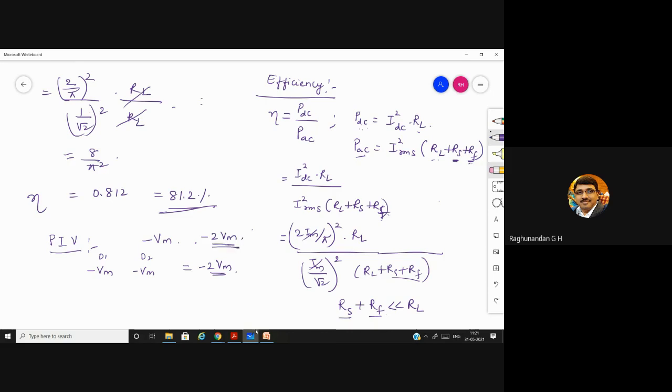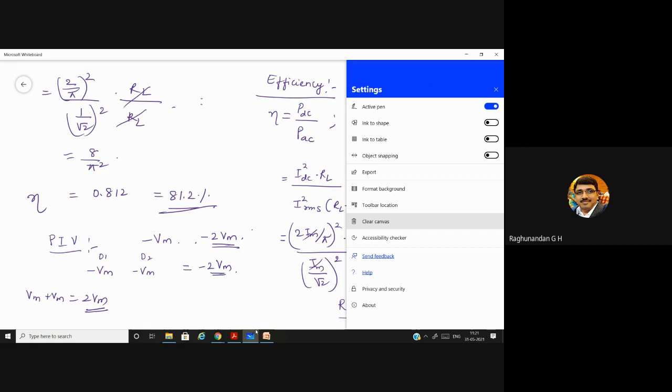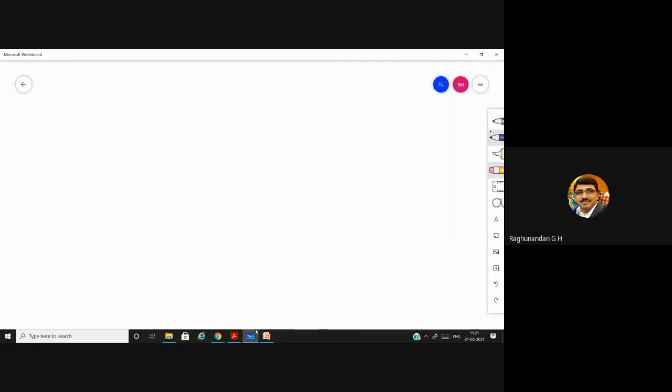In the exam, if they ask you, you have to represent it as minus 2 Vm. While explaining, we'll just say it is Vm plus Vm, that is, the peak inverse voltage is 2 Vm. But in problems you should indicate the minus sign, which indicates it is the inverse voltage or reverse voltage. So this is about the center tap full wave rectifier. After this we have to go for the bridge rectifier. Before going on to the bridge rectifier, let us look into the advantages and disadvantages of this rectifier, and then we'll go on to the next one.